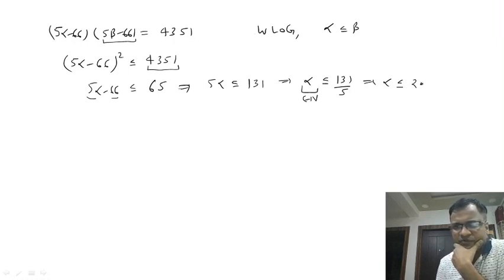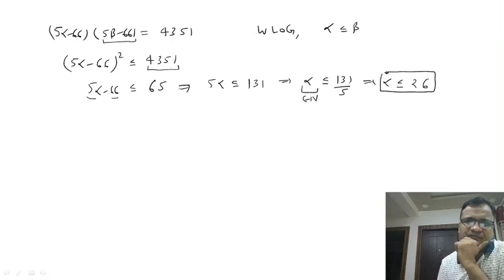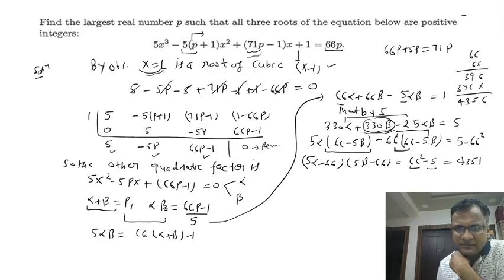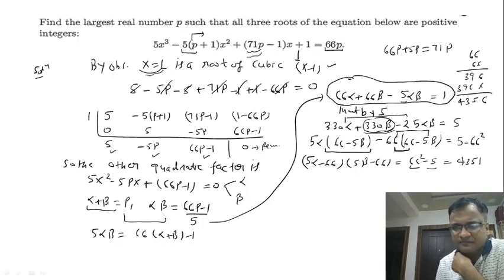5 times 10, 5 times 6 is 30. Alpha cannot go beyond 26. So from here we get the upper bound of alpha. Okay. But if we work again on this equation to find the lower bound of alpha, so I want to